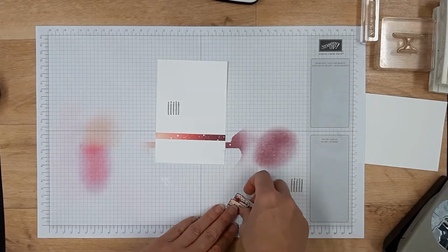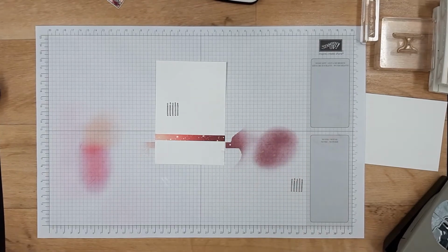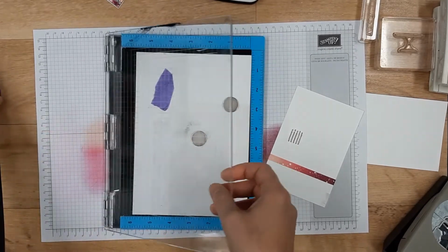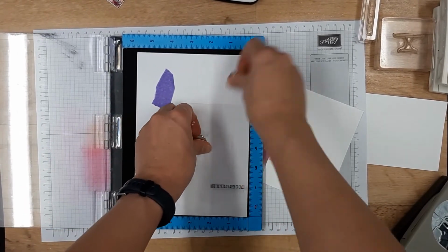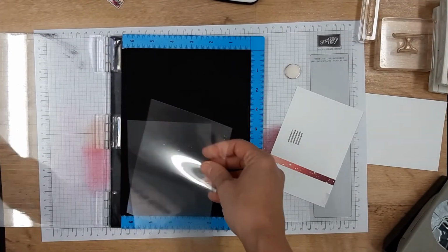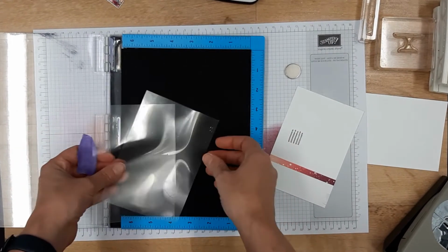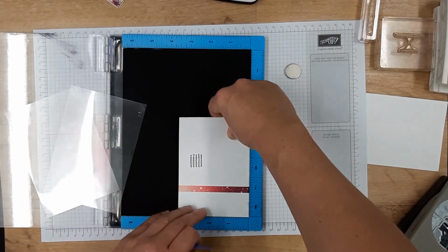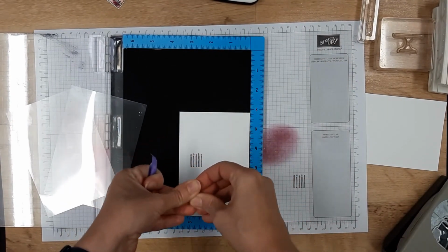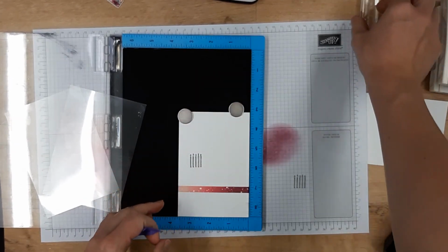But what I might do is stamp this sentiment. Now, I can't find my Stamparatus. I think I've obviously lent it out to somebody. So I found my old, I've had this for many years, old stamp positioner. And what I'm going to do is move all these bits and pieces out the way. I always have a piece of window sheets in here because if you are doing a stamp that you've already used, or it might have some ink on it and you want to line it up, you don't want to put it down here to line up